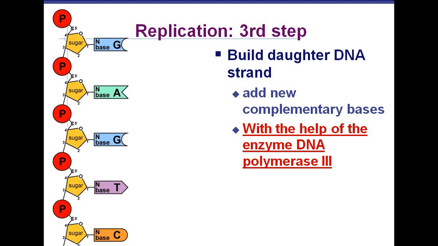The DNA polymerase beta, which is required for the repairing of the DNA. The DNA polymerase gamma, which is required for the replication of the mitochondrial DNA. The DNA polymerase delta, which is required for the replication of the leading strand and the proofreading. So there are various types of the DNA polymerase present in the eukaryotes, but the DNA polymerase third will help